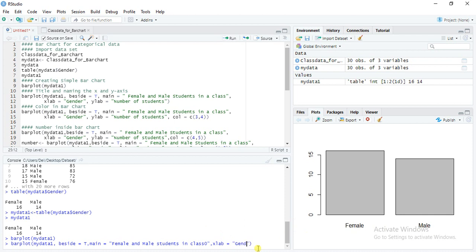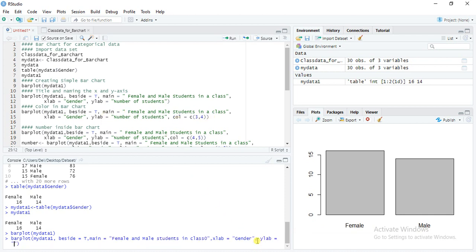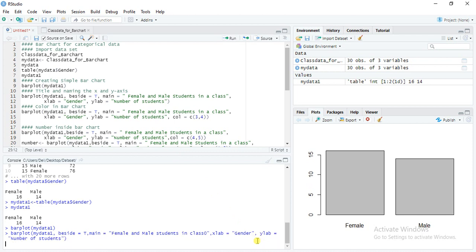So I have written this name, gender, and for the y-axis, ylab equal to number of students. Is it clear?